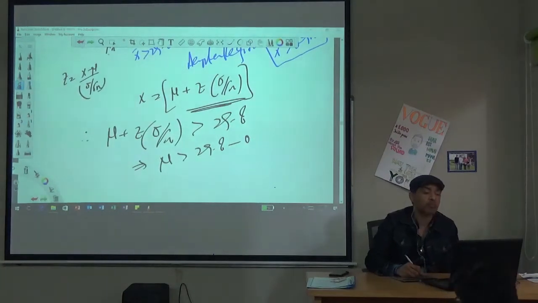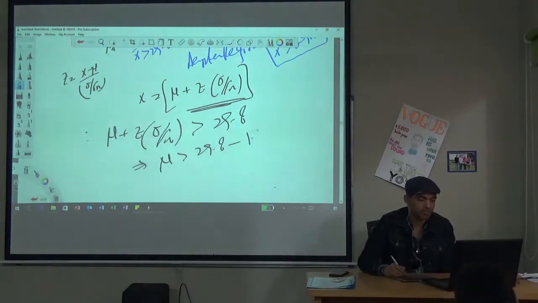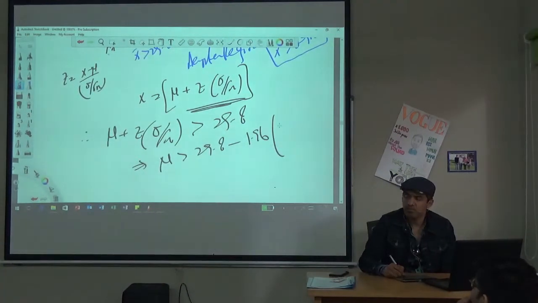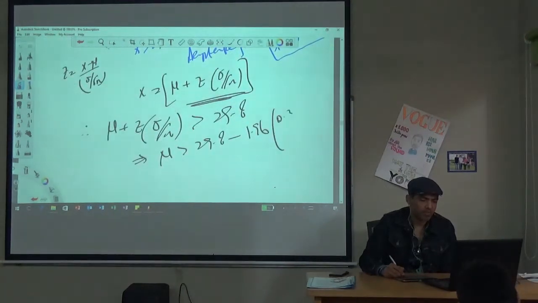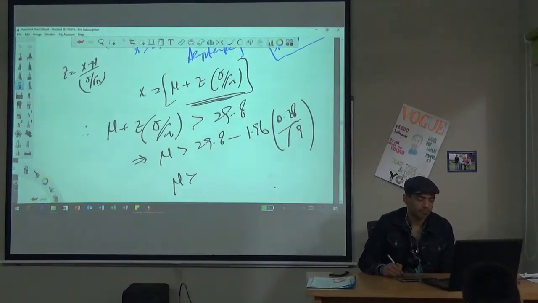What was the z value? 1.96, times what's the sigma value? 0.38. 0.38 over square root of 9. Check. So mu should be greater than